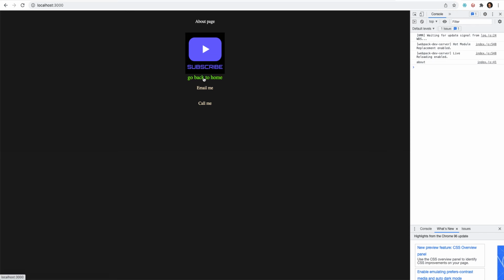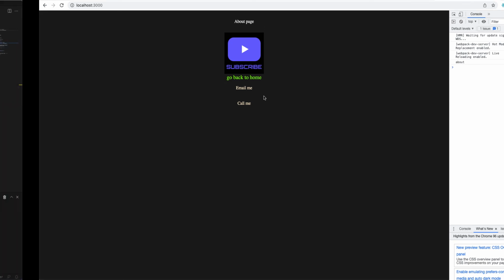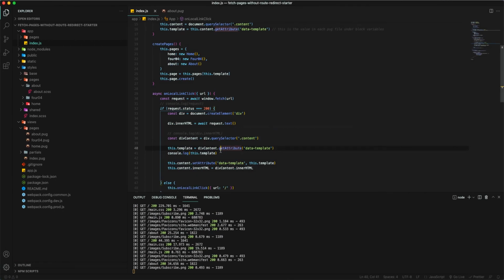And if I go back to home, that template is, well, basically I don't have it yet here, but that's going to be home. Now we are assigning the content's innerHTML to be what we have fetched